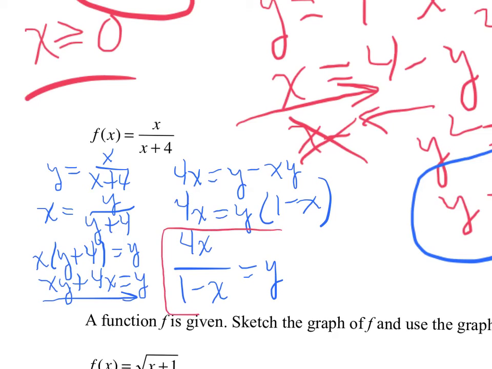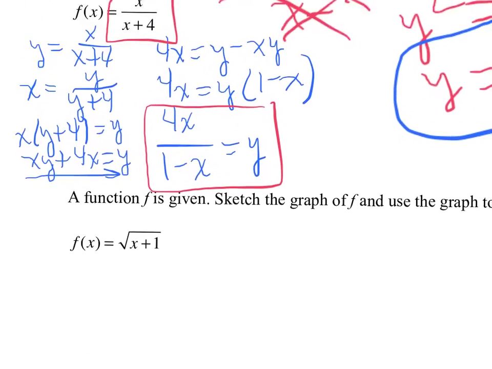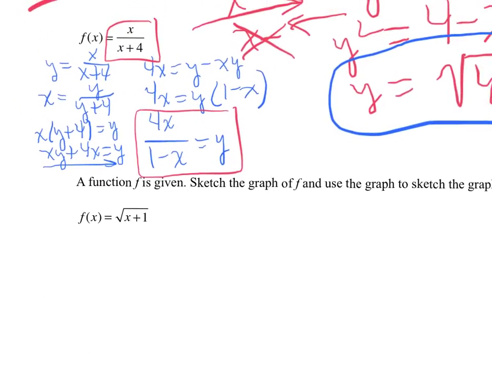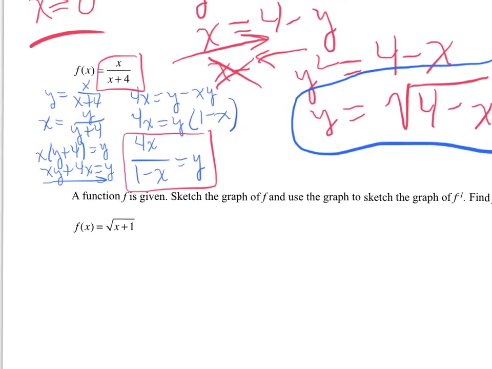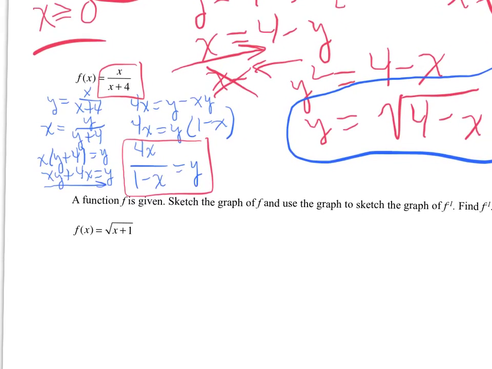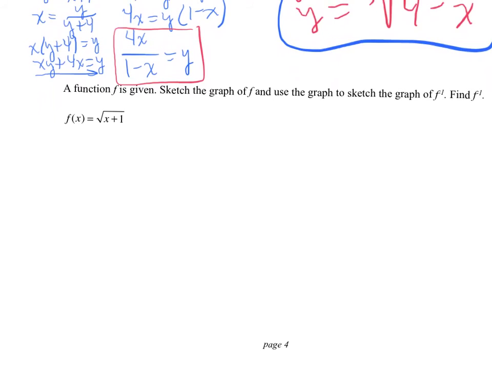You can actually show by composition that these two functions are inverses of each other. I'll leave that to you as an exercise. And so now, to sketch the graph of f, and then use that graph to sketch the f inverse graph. Remember that if two functions are inverses, they have the property that the x and y coordinates are switched, or reversed. So the square root of x plus 1, remember, is a shift to the left 1 unit of the